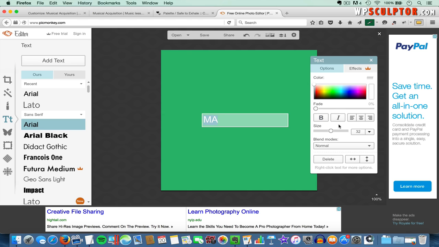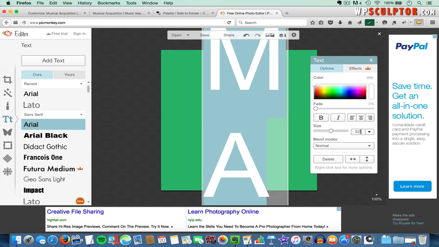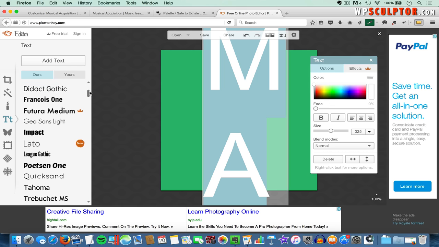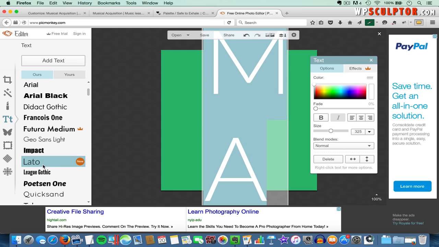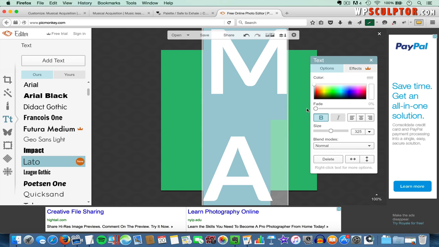And I also want to change the size. I want it to be much bigger, so I'm going to select the 32 and type in 325 and press enter. And then I want to change the font to the Lato font. So I'm going to click on the Lato font here on the left, and of course you can browse through all these different fonts. I'll click Lato. And I want to make it bolder so that the text stands out because the icon is going to be so small. So I'm going to click on the bold there,